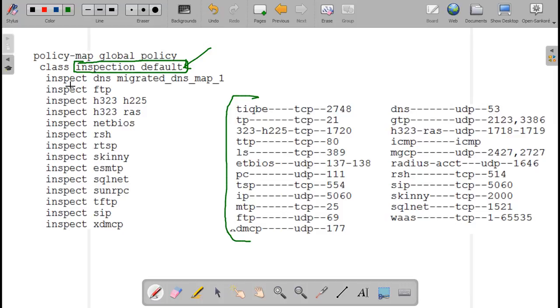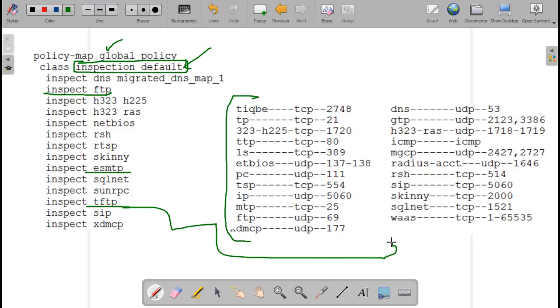So under your global policy, when we are saying please inspect FTP, inspect ESMTP, inspect TFTP, where to do this inspection? For TFTP, do inspection here. It's port 69. Can you see it somewhere?